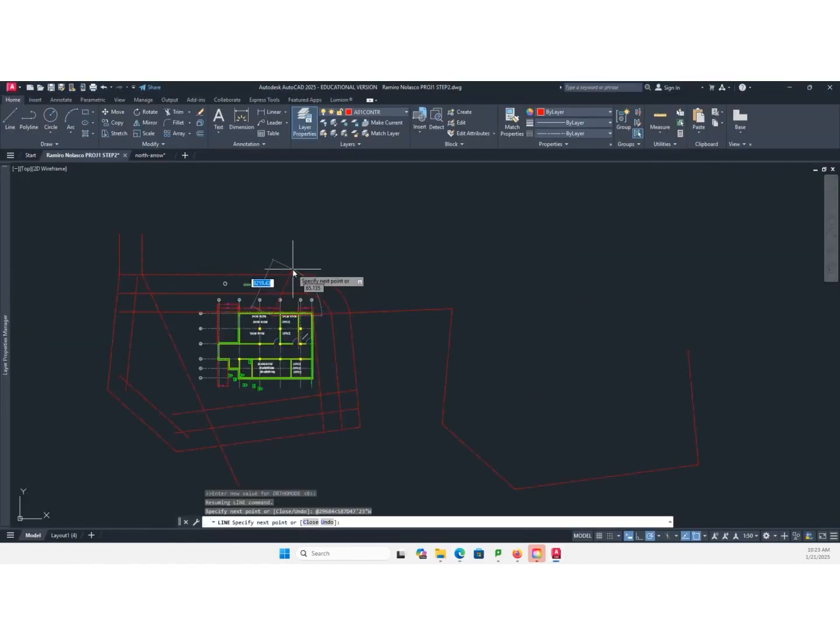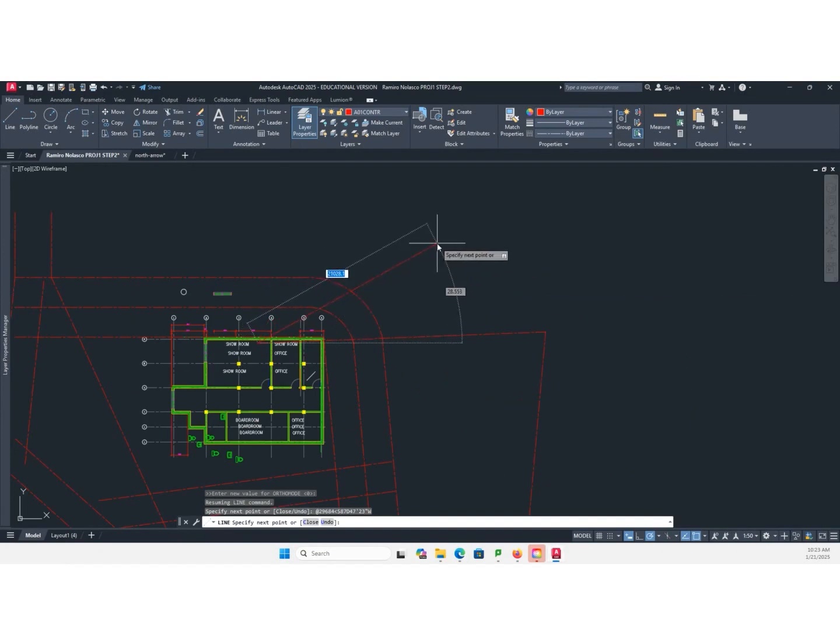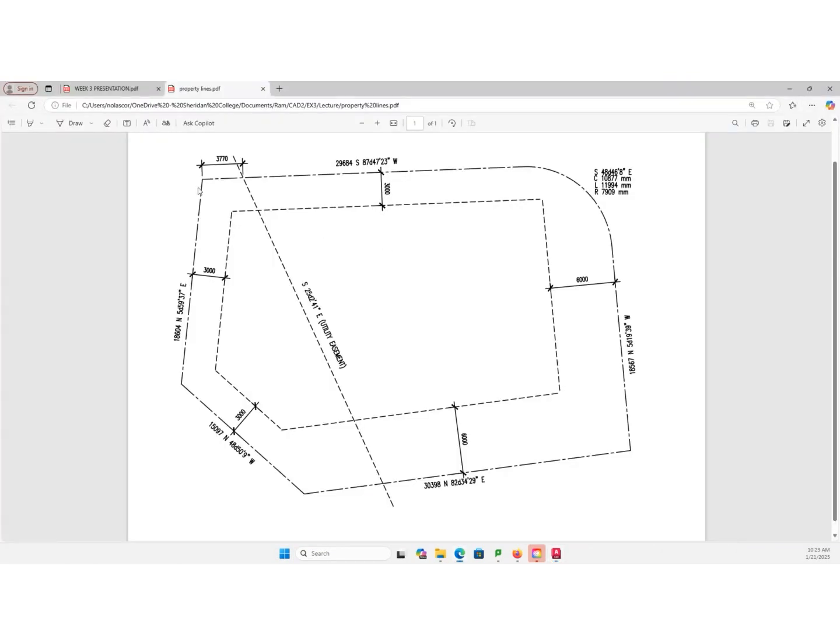Now notice it went the other way. Well, if you look at the drawing, this is actually north going east, not south going west. Unless we start here, then that's south going west.